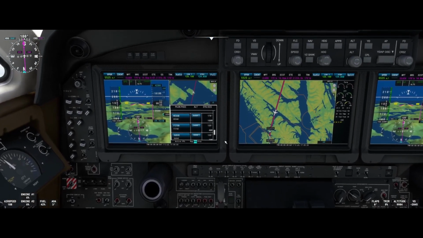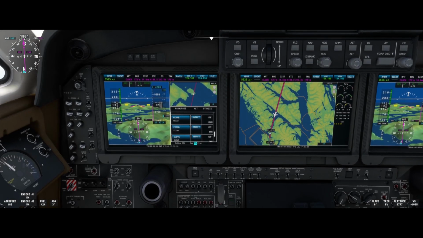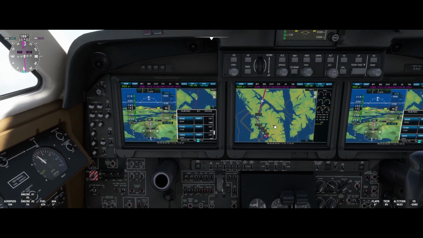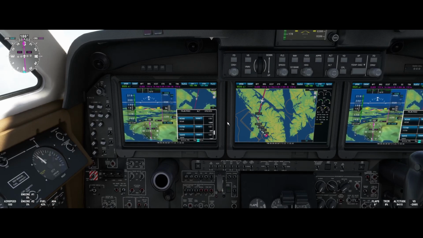Not by much, it is. See if we can pull that back just a bit more. Yeah. I think if I continue to lose altitude at 2,000 feet per minute, there's a formula that you can use to calculate this out. I'm not going to do that. But I think if I keep dropping at 2,000 feet per minute, I'll be very close to that